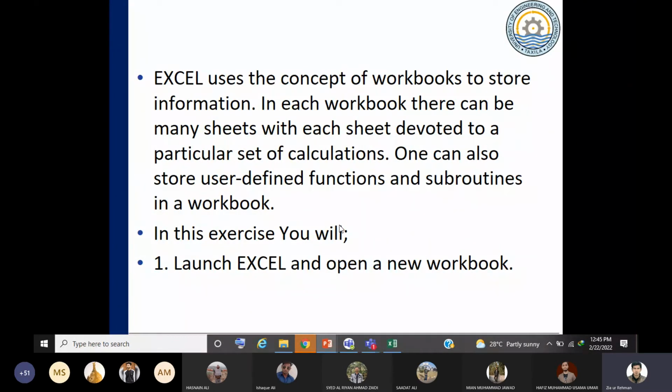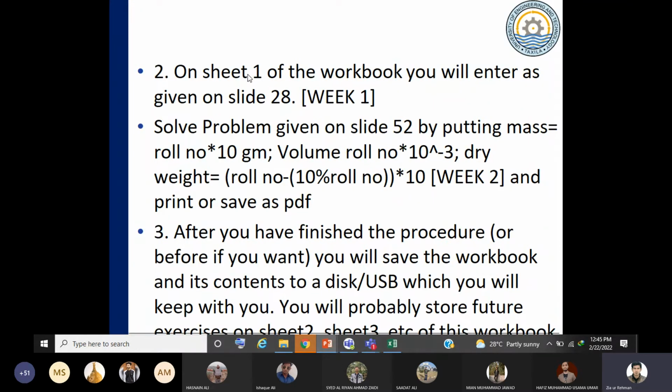So you need to do the first exercise that I have given you, and then you would add the second sheet, making one workbook with worksheet one. You would name it assignment one or lab assignment one, and you would prepare that table that I have given you in slide number 28.